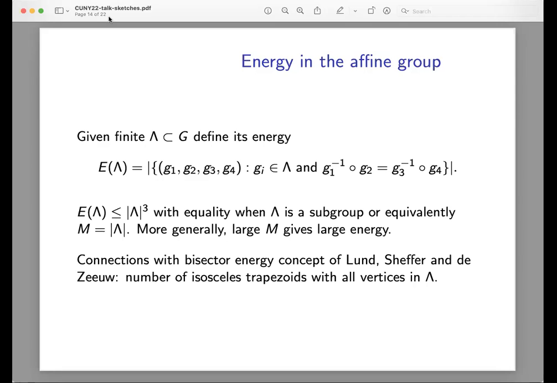So whenever you're given G1, G2, and G3, there is a G4 in lambda that satisfies this. So this means we have an upper bound that is attained in some examples. So maybe, in some way, the question is completely solved. We have a trivial upper bound and this is attained. But what's interesting is to introduce some more quantitative information on how close you take lambda to be to a